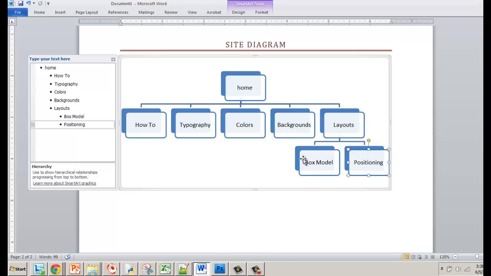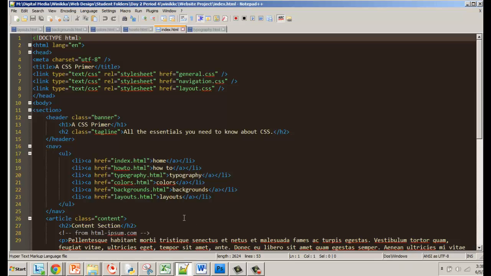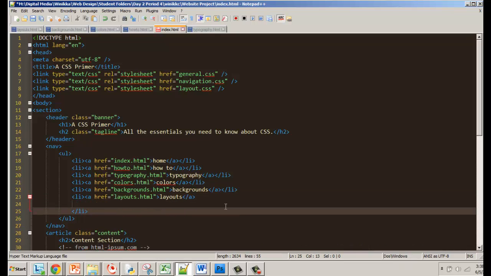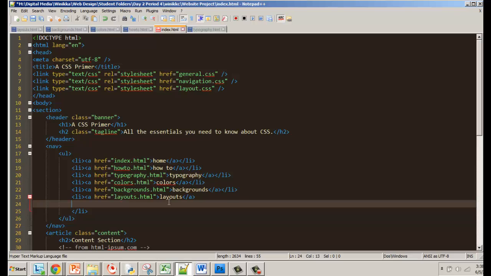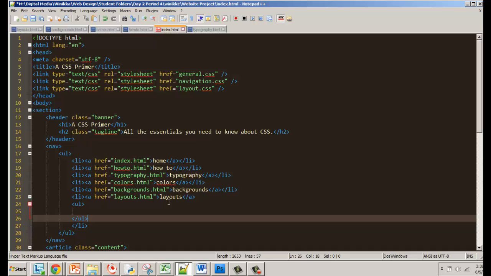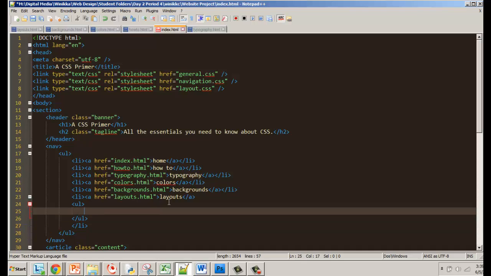Under layouts, we needed to nest one for box model, one for positioning. Okay. So I am going to, inside of this list item, create another unordered list. UL. We'll go ahead and close that so I don't forget. And I'm going to do a list item. It'll be href equals